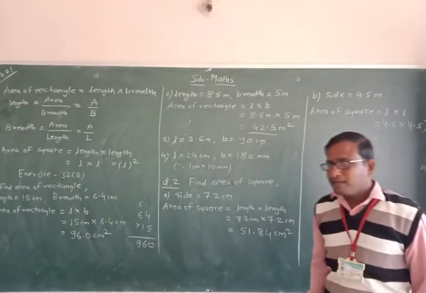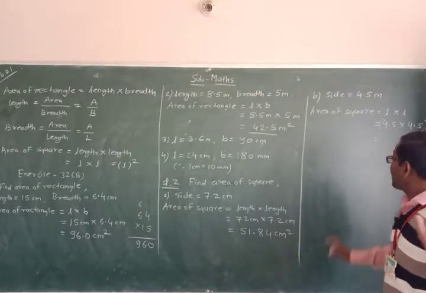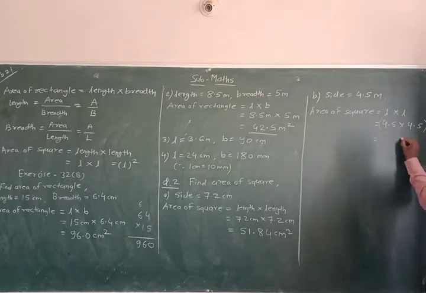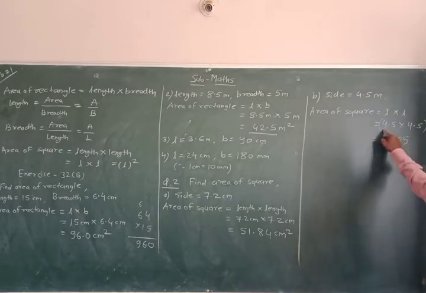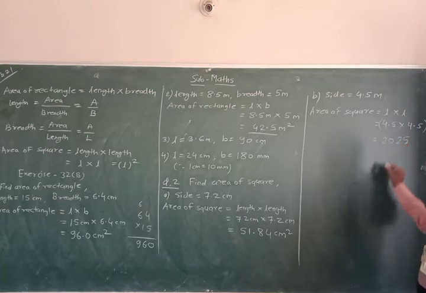The square of 45 we did in a previous period. You understood how to find the square of 45: 25, 20. First you write the square of 5, 25. Then the square of 4, but after 4, which number? 5. 4 fives are 20. So right here 20. So the answer is 20.25 meter square. Understood?